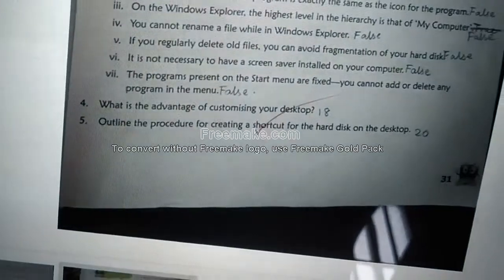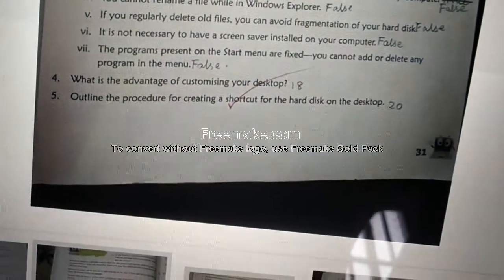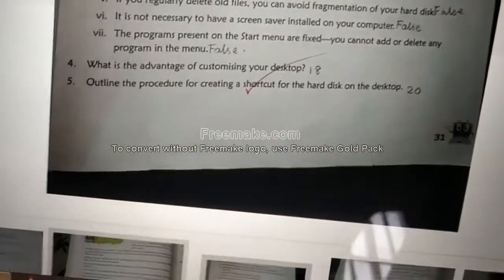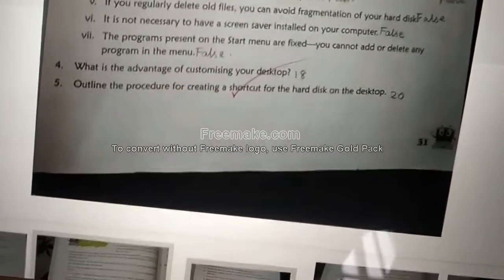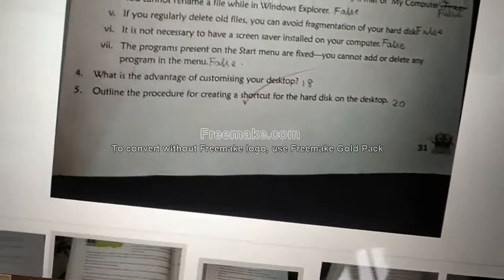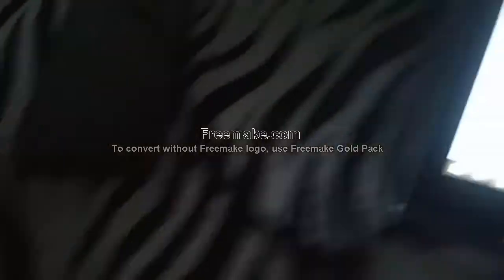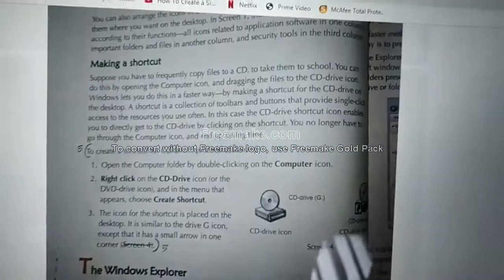Question number 5. Outline the procedure for creating a shortcut for the hard disk on the desktop. How will you create a shortcut for a hard disk on desktop? The answer is in page number 20.